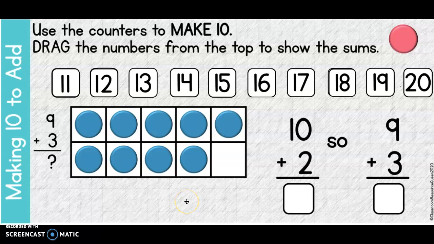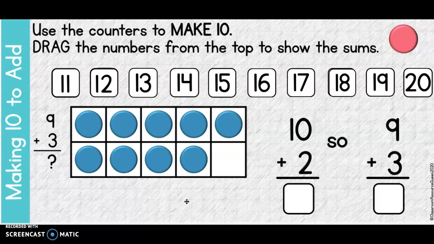Hi students, I'm here to talk to you guys about one more strategy that will help us move closer to knowing our basic facts with automaticity. We have been working so hard on learning our basic facts, and we've been using strategies to do that. In first grade, you really used your fingers to help you solve your basic fact problems. In second grade, we're working a lot on strategies to help us become better mathematicians and to know our facts